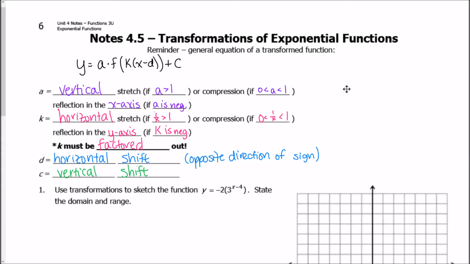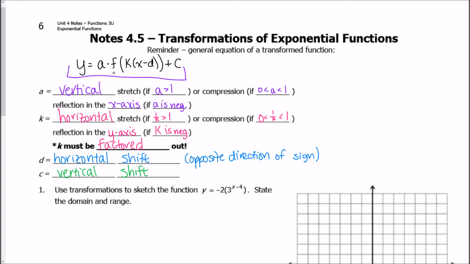Hi everyone, notes 4.5 are on transformations of exponential functions. So we filled in all of this information that we have here in class, but there's one thing that I just want to touch upon really quickly because this is going to help us out with the rest of the video. So if you guys remember, we wrote y equals a times f of k times x minus d plus c,